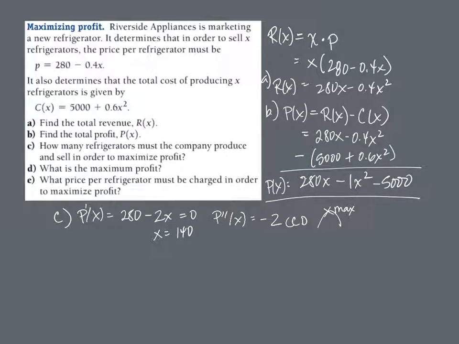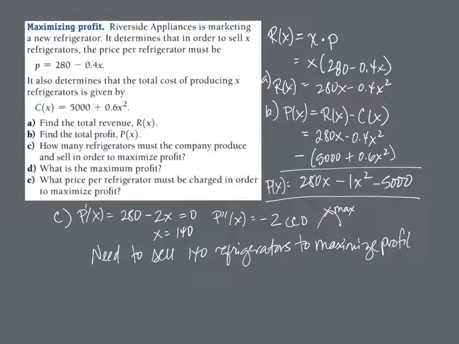So I would need to sell 140 refrigerators to maximize profit. And part D says what price? Well, we have a relationship between price and number of refrigerators, and that is that P equals 280 minus 0.4x. So when x is 140, P is 280 minus 0.4 times 140, which is